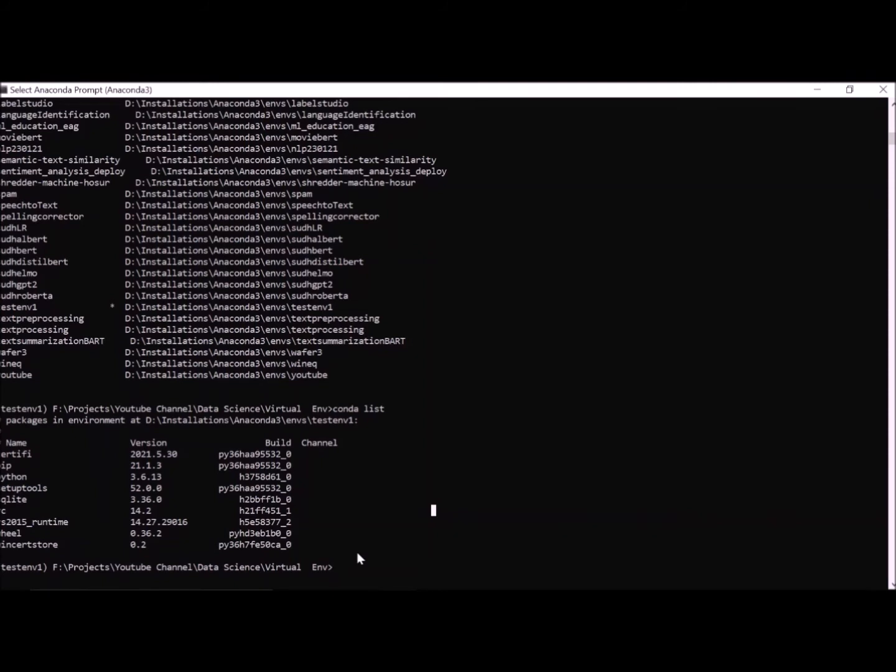Okay, now I will run my Jupyter notebook, because most new learners start with working with Jupyter notebook. Okay, so I will run Jupyter notebook. See here, it will run my Jupyter notebook.